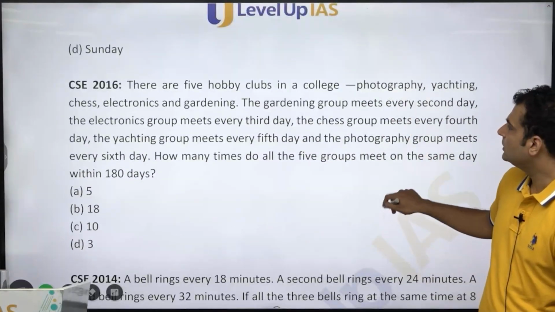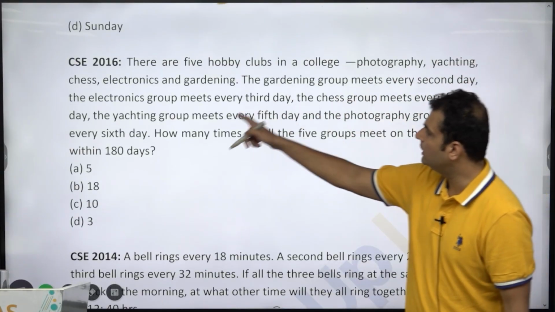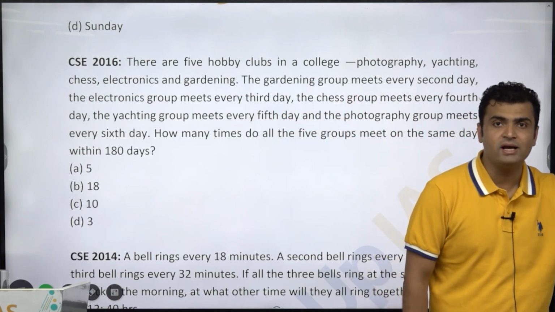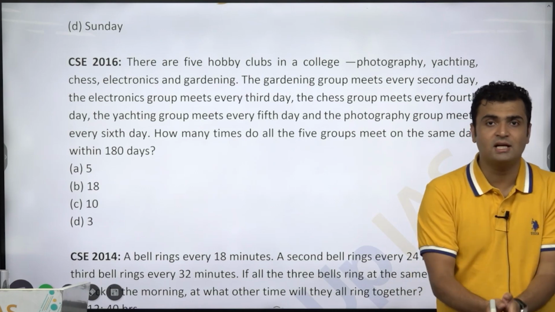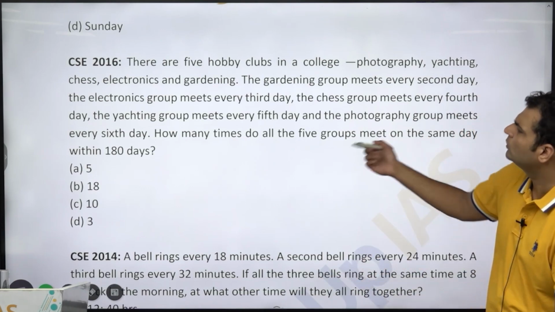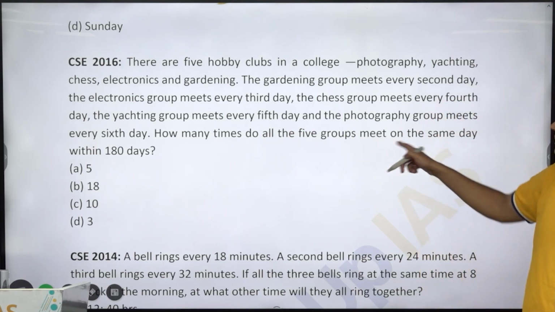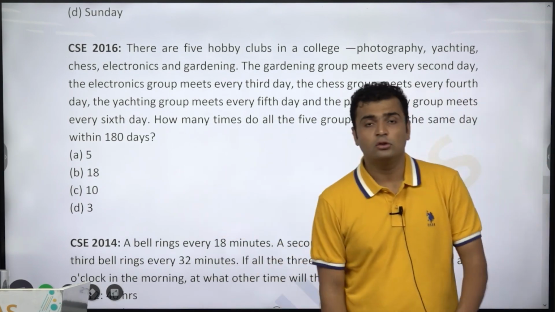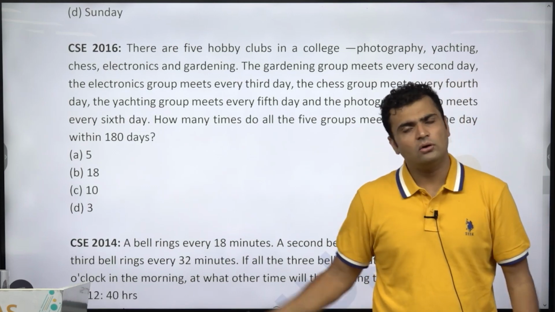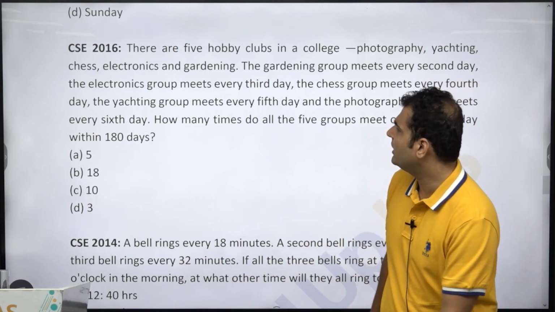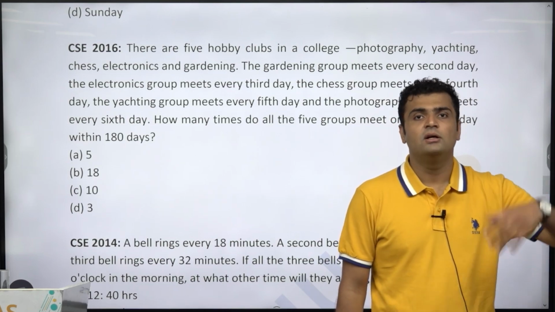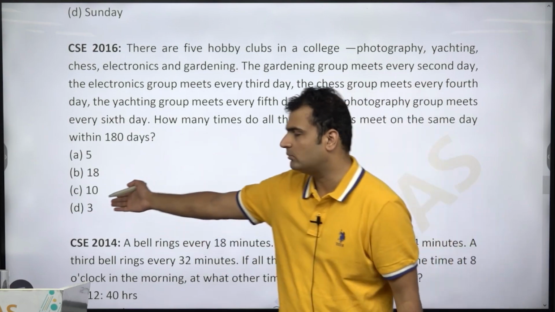3 क्लब्स है, गार्डनिंग क्लब मीट्स सेकंड डे, इलेक्ट्रॉनिक मीट्स थर्ड डे, चेस मीट्स फोर्थ डे। अगेन सी, अलग अलग फ्रीक्वेंसी में मिल रहे हैं, एंड स्टार्टिंग में एक साथ मिलेंगे, एंड फिर कब एक साथ मिलेंगे, दैट वुड बी द क्वेश्चन। नहीं यहाँ पे थोड़ा और है, हाउ मेनी टाइम्स दे मीट इन 180 डेज, तो मतलब 180 दिन में कितनी बार एक दिन मिलेंगे, मतलब कॉमन डे पे मिलेंगे। ऑल यू हैव टू डू इज फाइंड आउट एलसीएम। एलसीएम इफ आई एम नॉट रॉन्ग यहाँ पे 60 आता है, सो 60 दिन में वो फिर से एक बार मिलते हैं, तो 180 दिन में दे विल मीट 3 टाइम्स, दैट इज द आंसर।